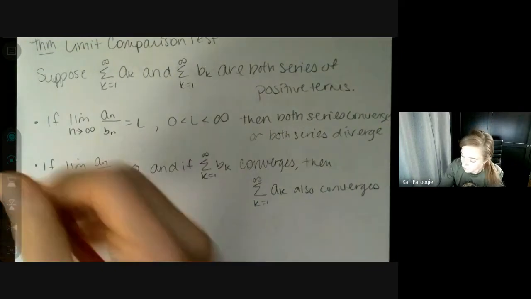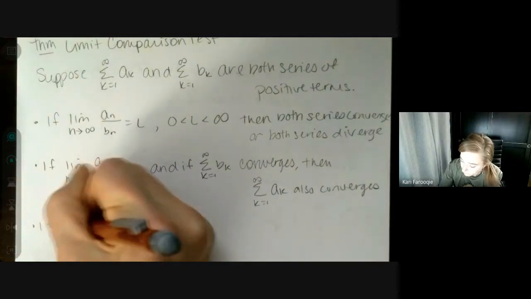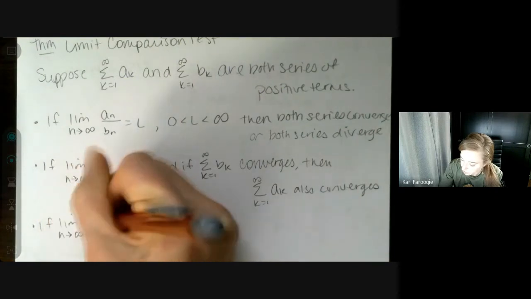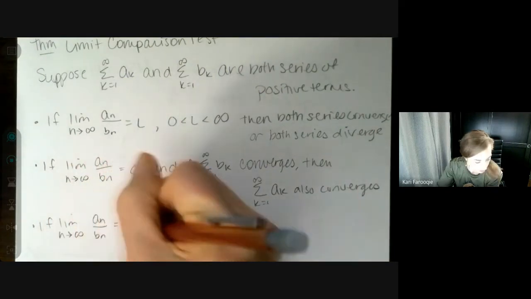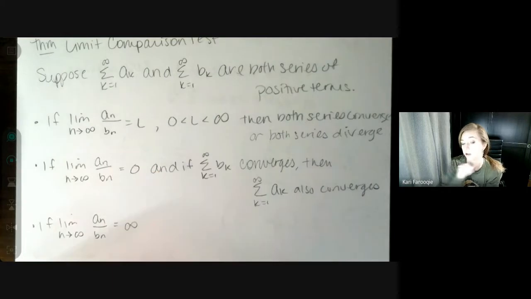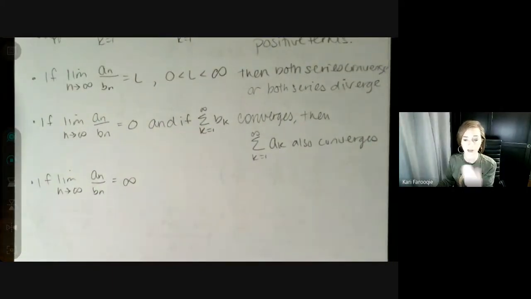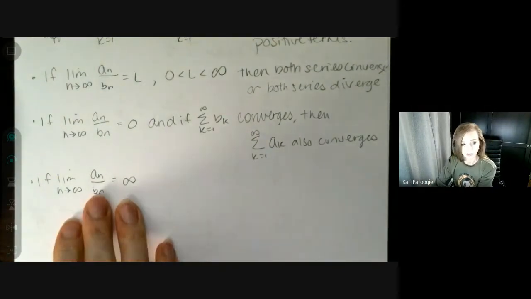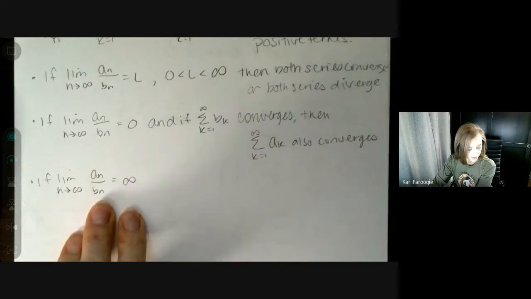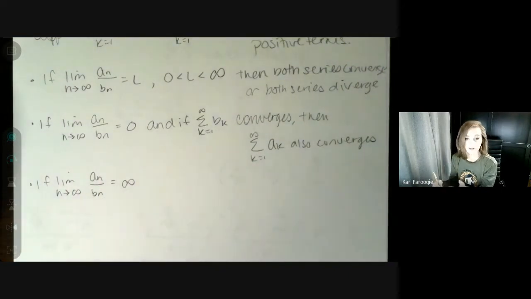The other possibility would be if the limit as n approaches infinity of A sub n over B sub n is infinity. That also is a bummer because that'll happen sometimes, and I don't want you to think, oh, I can't use the limit comparison test now. Well, that's not necessarily true, but it must be the case that if you use the limit comparison test and your limit is infinity, then your comparison series has to diverge in order to give you any sort of conclusion